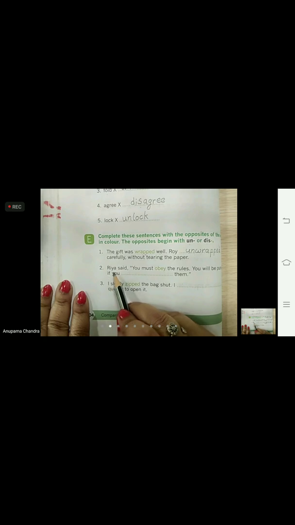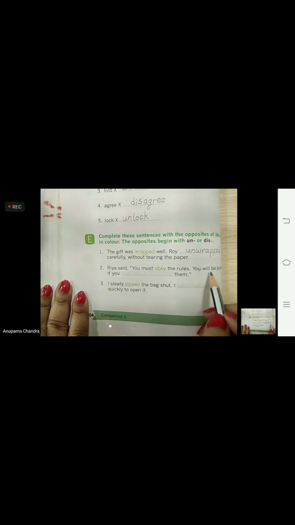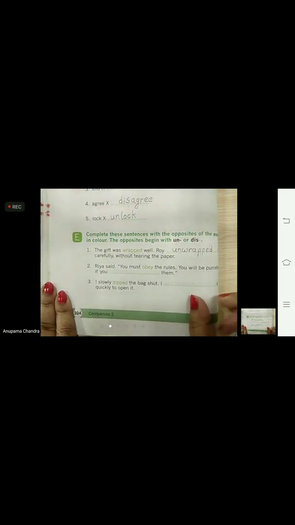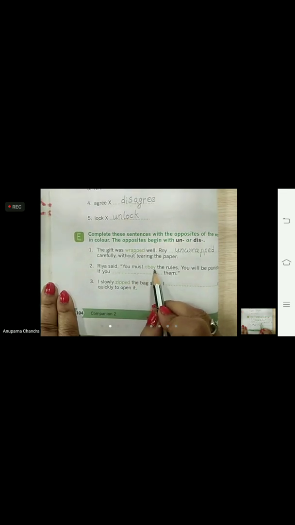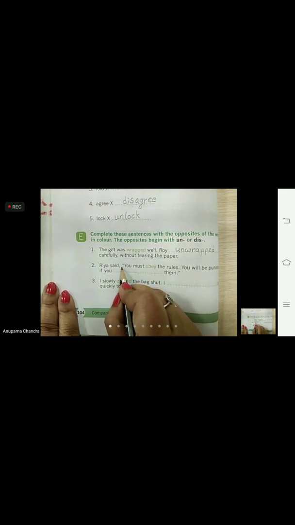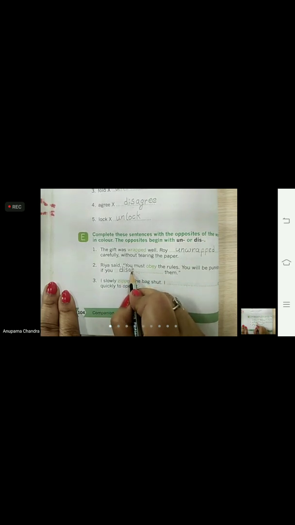Number 2. Ria said, you must obey the rules. You will be punished if you blank them. So we have to write the opposite for the word obey. And to make the opposite of obey, we will add DIS in front of the word obey.